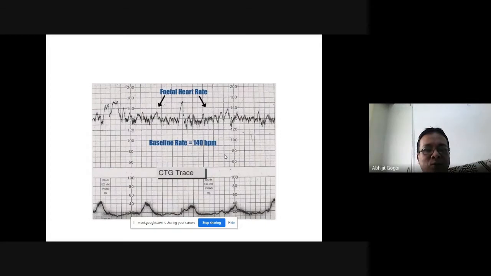You can see this cardiotocography paper. The upper reading is for the fetal heart, giving the recording of the fetal heart, and the lower one is for uterine contraction. These are the two parts. Any cardiotocography paper is for 20 minutes, remember that. In a 20-minute session, you need to study at least 10 minutes, at least half of the paper. This is the fetal heart rate, and this is the uterine contraction.